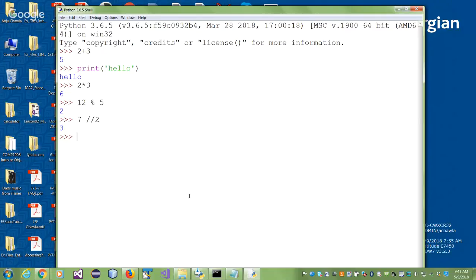When I divide 7 by 2, we say, oh, it's 3.5, right? But this double slash is called an integer division. What does integer division do? It will divide and truncate, removing the fractional part. So if it was 16 divided by 2, the answer is 8. That's perfectly fine.